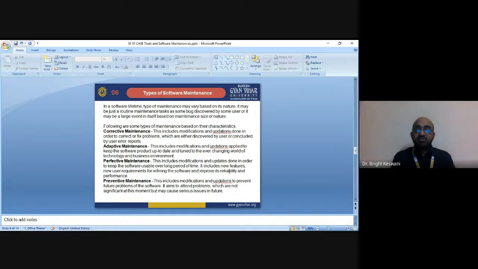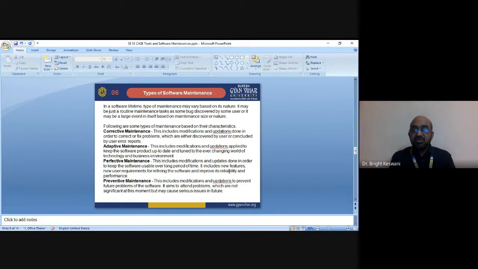It is related to modifications applied to keep the software product up to date and tuned to the ever-changing world of technology and business environment. So adaptive maintenance is important. Then perfective maintenance. This includes modification and updates done in order to keep the software usable over a long period of time.